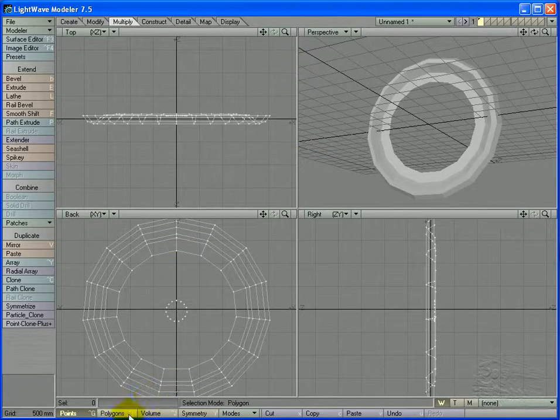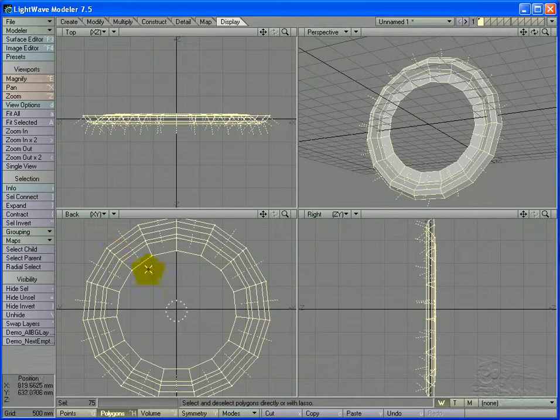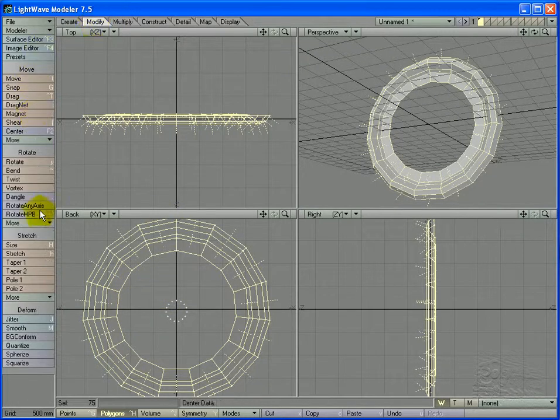Now let me go back a step, go to polygons. I should have done this in the beginning. I need to select this whole ring and I need to spin it a bit. So in order to do that, I just simply clicked on one of the polygons, and under display I can click the select connected function, which is the right bracket key, and that selects everything connected to what I just clicked on. With that, I can go to modify, then select rotate, where are you? There you are, which is the Y key, and then just rotate